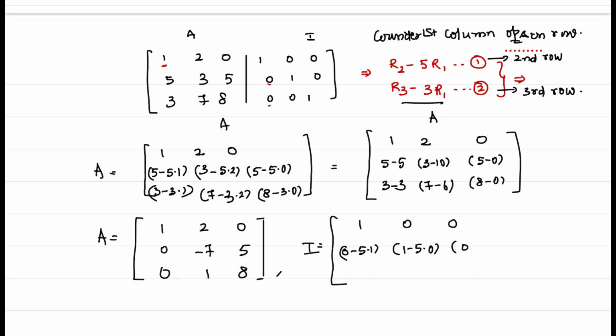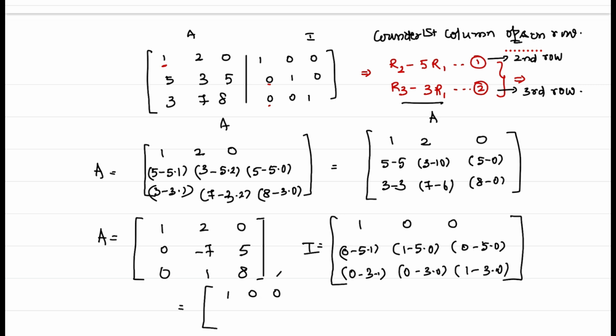R2: 0 minus 5 into 0. Here it will be 0 minus 3 into 1. 0 minus 3 into 0. 1 minus 3 into 0. Now what has it become? The revised I is equal to